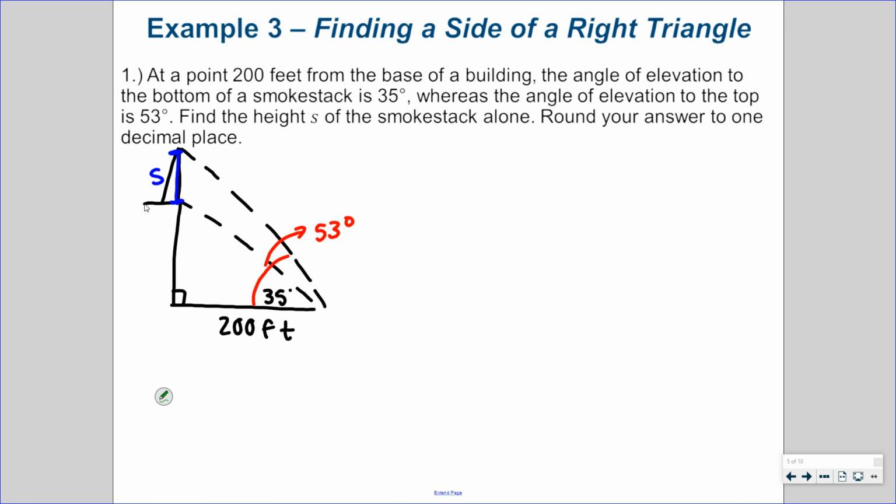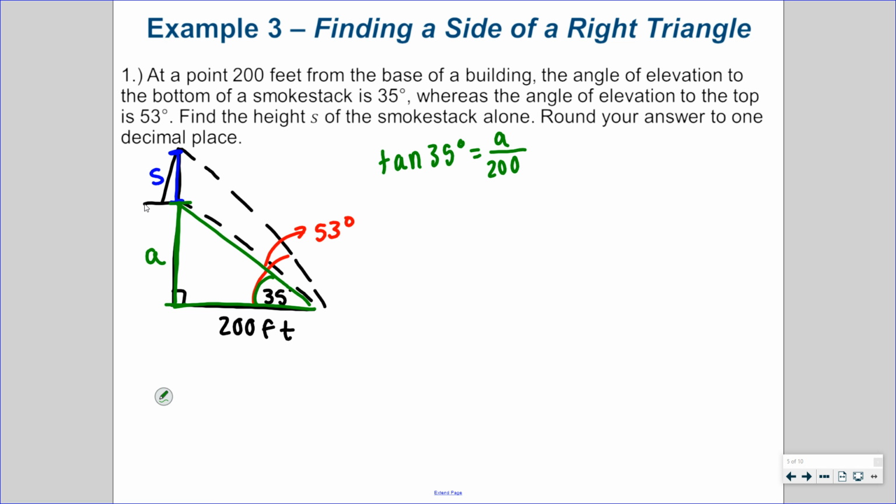So I see two right triangles here. I have this one where I know this angle is 35 degrees. I don't know this side, so I'm going to just call it A. You can call it X, you can call it H, you can call it whatever you want. But I know that the tangent of 35 degrees would be that height, that A value, over 200 feet, opposite